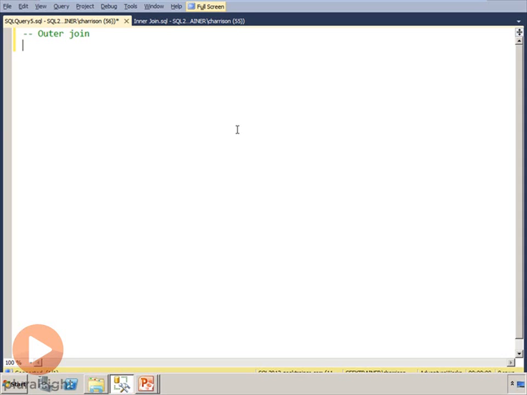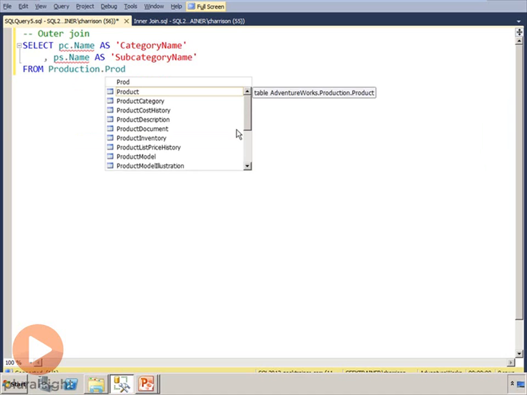Let's start off by going with select, and let's say PC name as category name, and PS name as subcategory name. One little thing to note here is that I'm just typing this out, and you are going to find yourself doing that after a little while, because you're just always going to be joining the same tables over and over again. It's just going to become second nature. So we just start right there, PC, PS, and we've got our aliases. And then I'm going to say from production product category